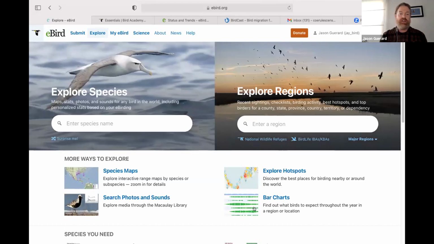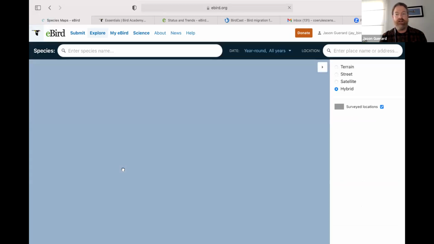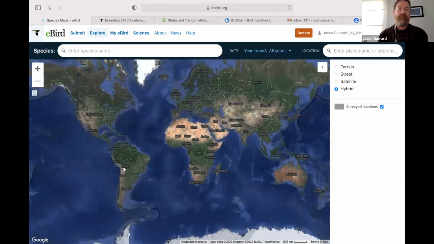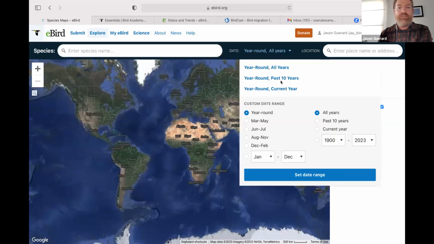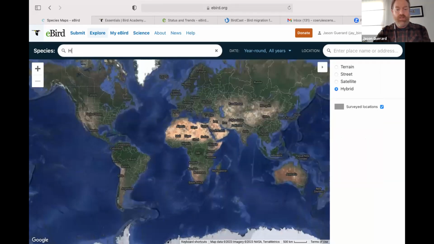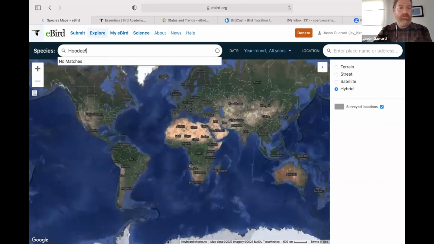So bar charts, I showed you the map that you could click on. That's essentially taking you over here to this species map. And you can change your view of the map here however you wish. But you can select a species and you can select your date ranges, just like you can with the bar charts. So hooded warbler,